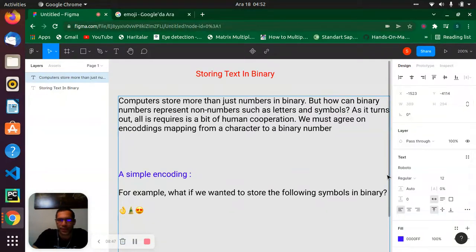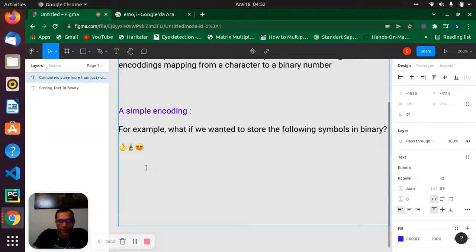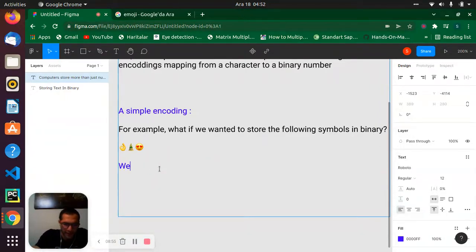Let's come down and write here again: we can invent this simple encoding. I don't know why this is not writing properly, but anyway, yes, we can invent this simple encoding.